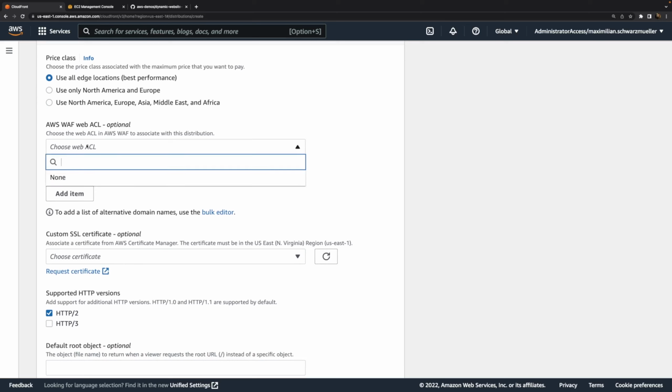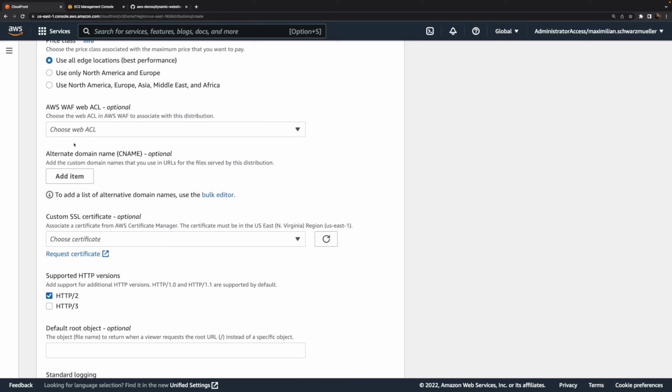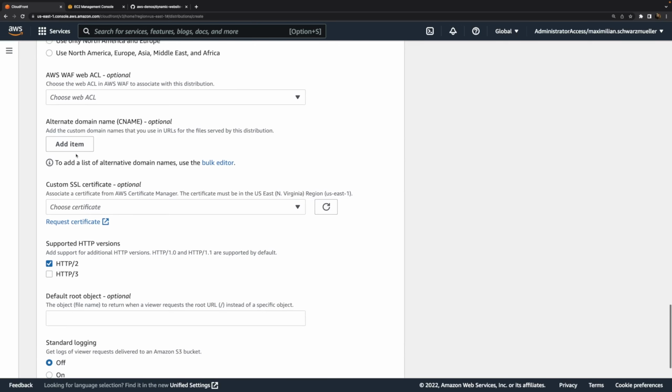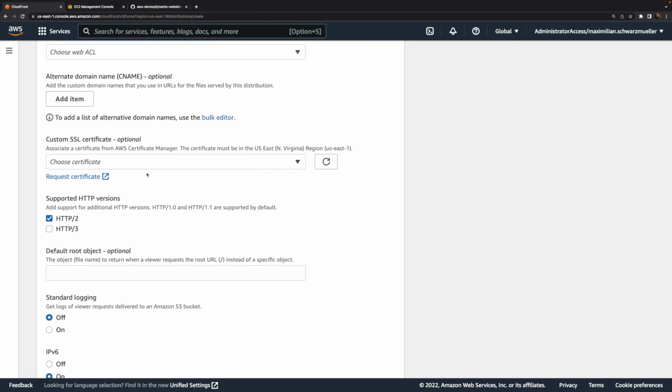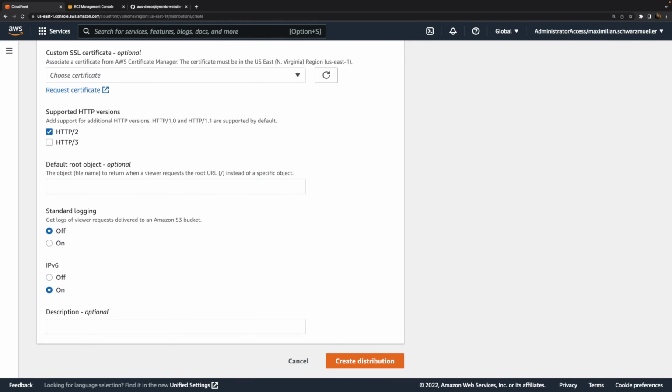You could also add the extra WAF service, the Web App Firewall service offered by AWS, which allows you to inspect incoming requests and block certain requests, for example, based on data that's inside of them. And you can also add your own domain name here, basically, but we will not do this at the moment. You can also use your own SSL certificate, but here I'll use one which is created automatically by CloudFront, since I also won't use a custom domain.